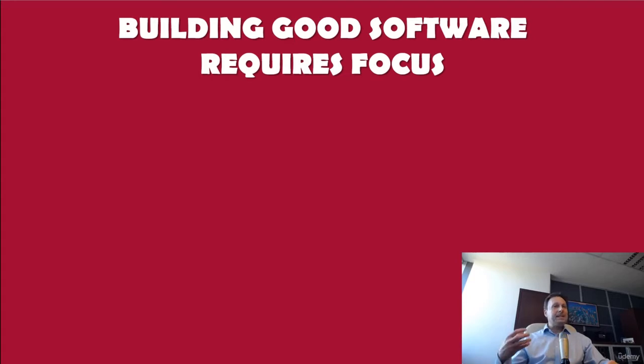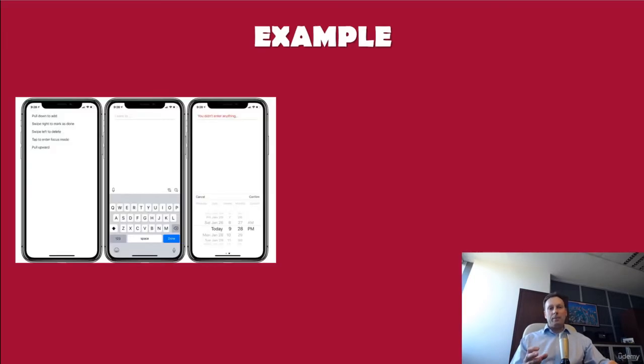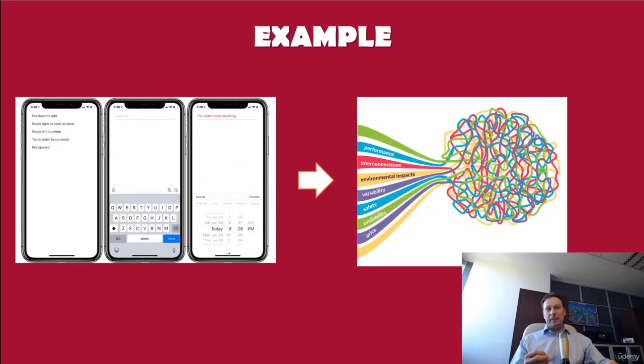Now, building software, good software, requires focus. So, starting with a simple solution that could solve the problem. Now here is one example. A well-made simplistic app never has a problem adding necessary features, but an IT system that does a lot of things poorly is usually impossible to simplify and fix.